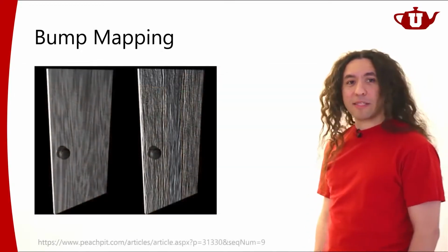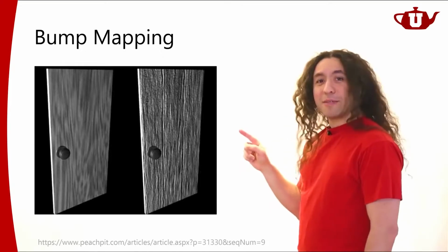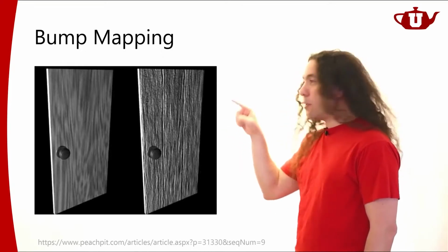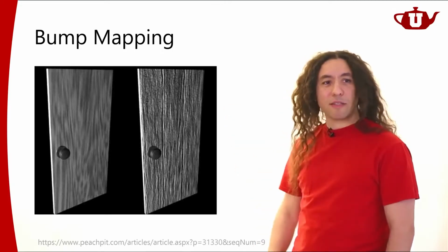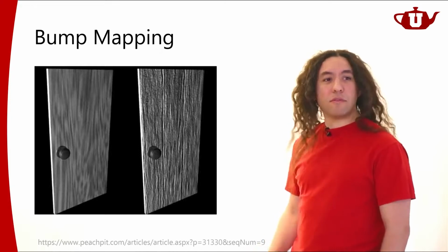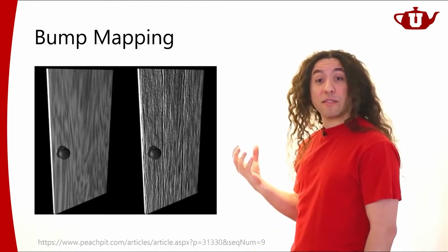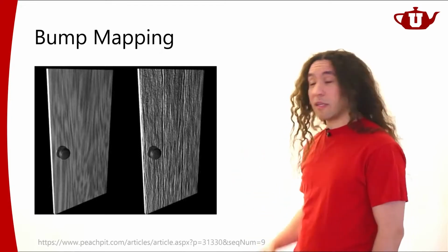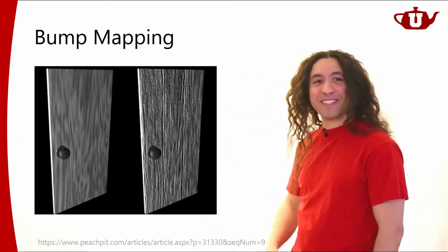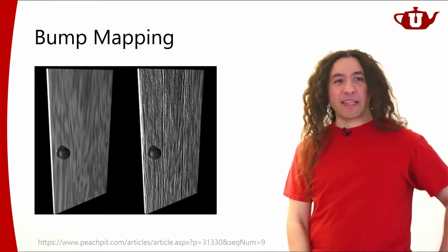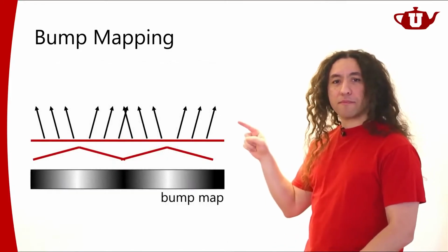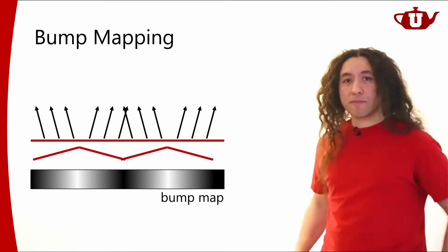Here's another example. You see that the same model, we just applied some bump mapping on it, and you see all these bumps and dents on the surface. Just gives you a lot more geometric detail, the appearance of a lot more geometric detail, even though there isn't any more geometric detail. This is still a flat surface, right? And we're getting this geometric detail by just modifying the surface normals.